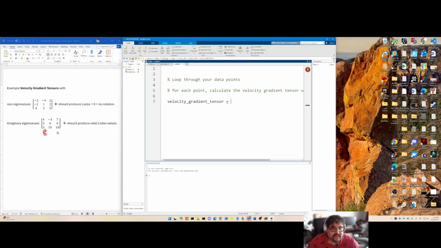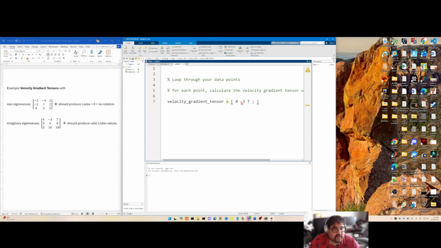If the velocity gradient tensor has any complex eigenvalues, then it should produce rotation. So I'm going to go ahead and enter that for -3,